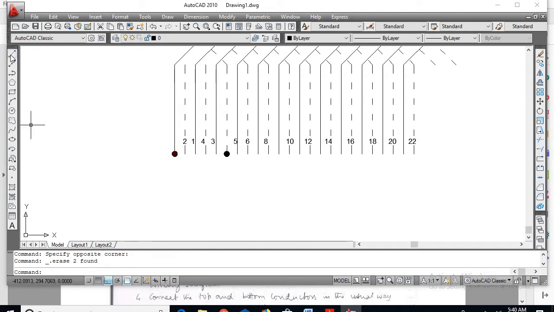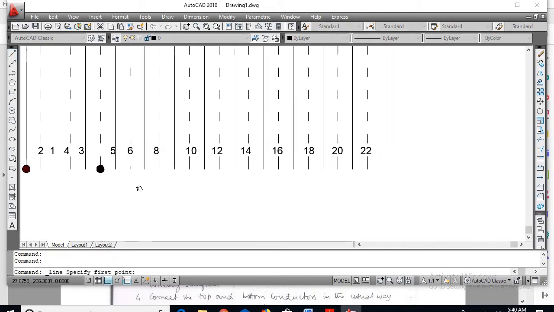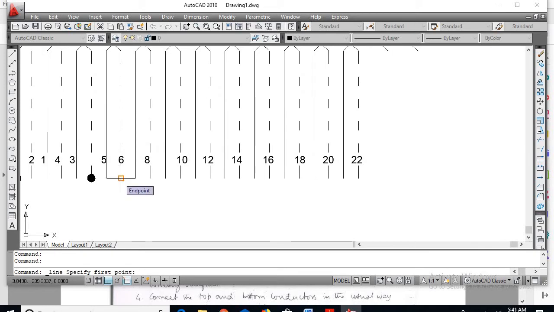Go for line, select the 6th conductor, which is to be connected to 11, connect to 11, enter. Switch off the ortho, go for rotate, select this line, enter. Take the base point at the 6th conductor, type minus 45 degrees, enter. Similarly go for line. From the 6th conductor connect to 11,